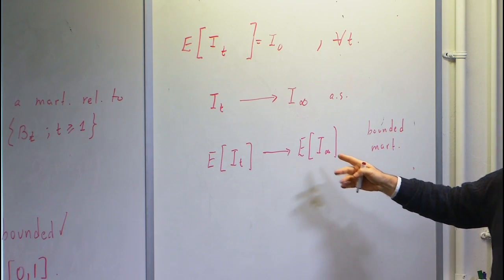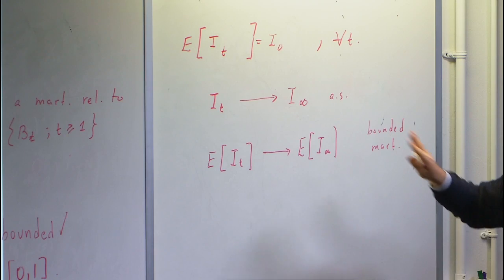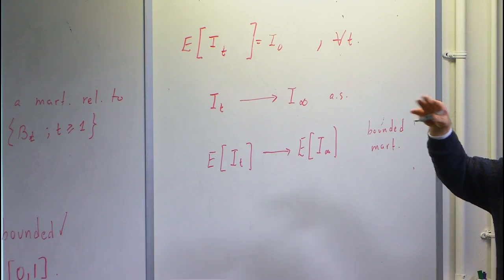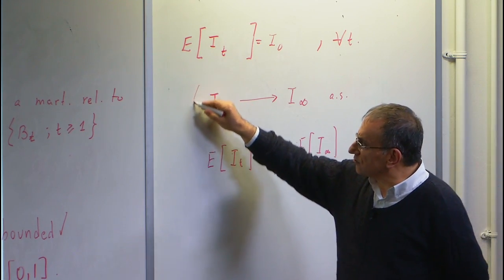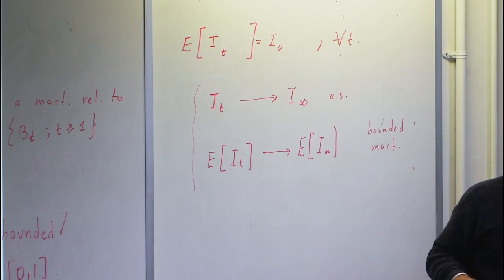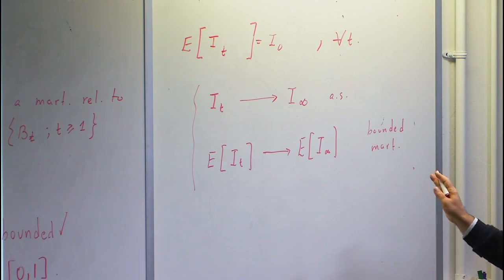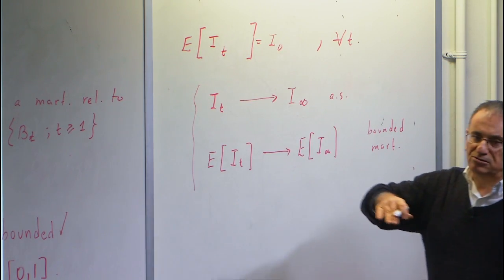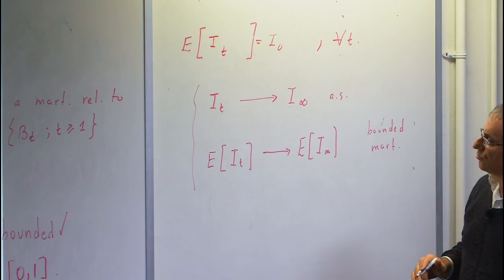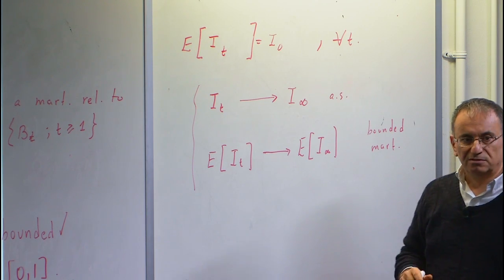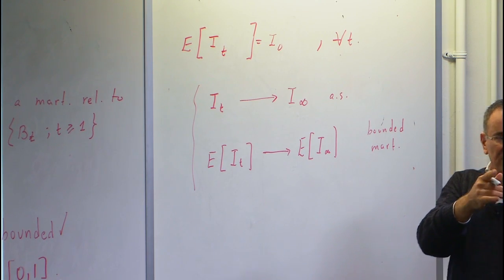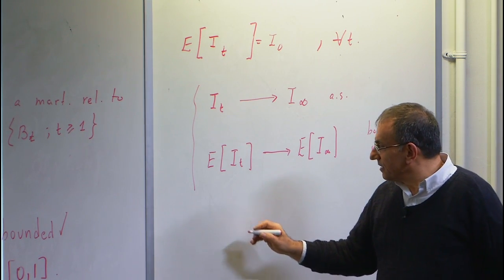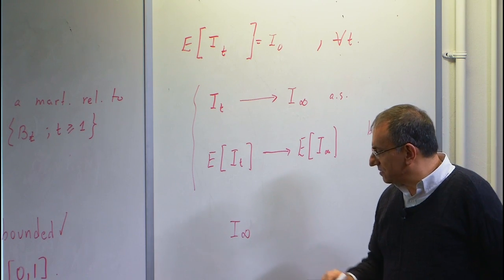Boundedness is a sufficient condition for this to be true. So I'm also able to say this. These two facts are general martingale theory. They have nothing to do with the details of this construction. As long as you have martingales bounded in 0, 1, these are going to be true, no matter what you do. Now I will answer your question. I said something else, that I infinity,